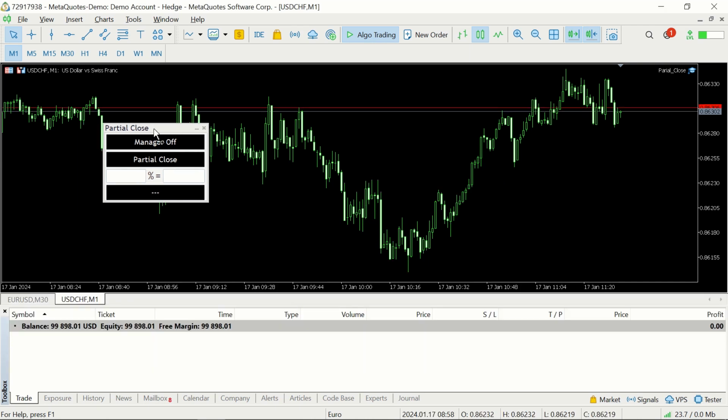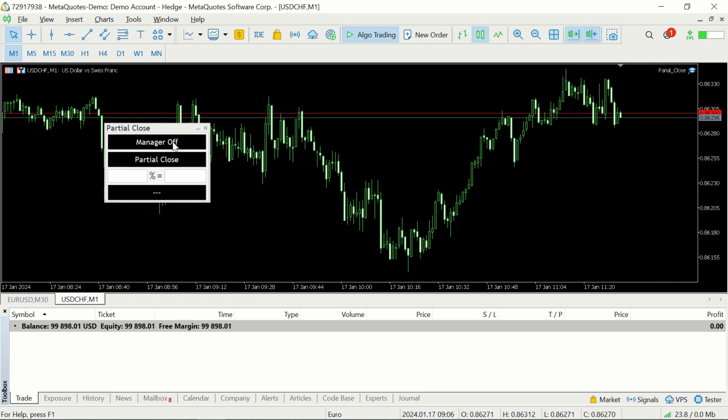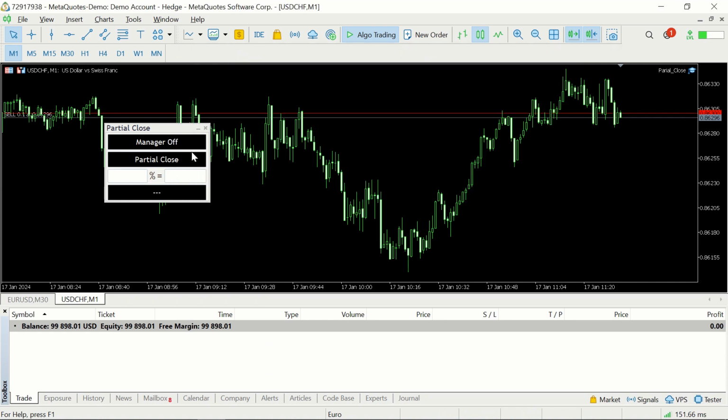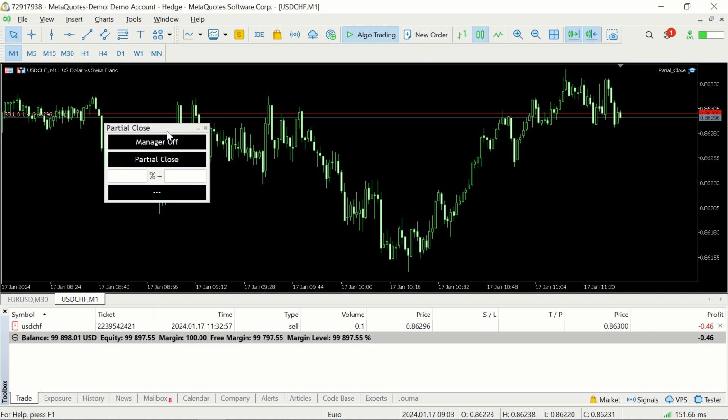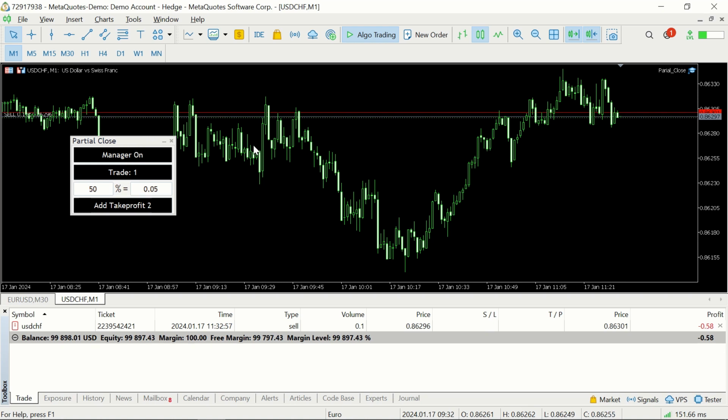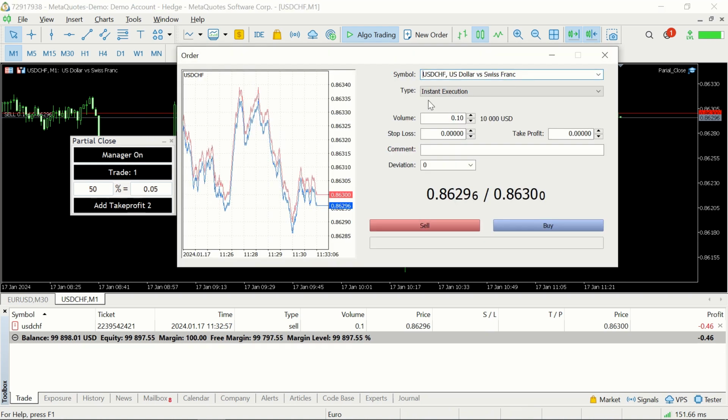The first thing is you can't turn it on if there are no trades in that symbol. Like here, I'm pressing the manager off button multiple times and it won't come on unless I have a trade in that symbol. Once I have a trade, you can see the expert advisor comes on. So that is the first thing to note. Second thing is